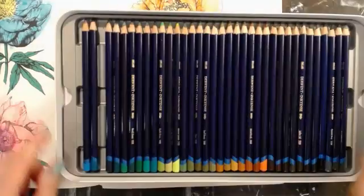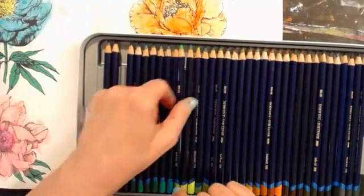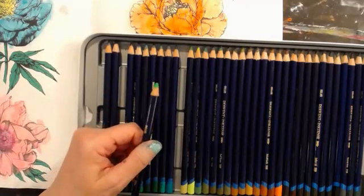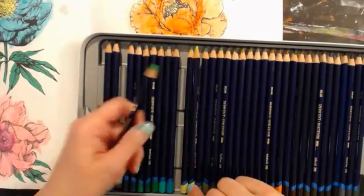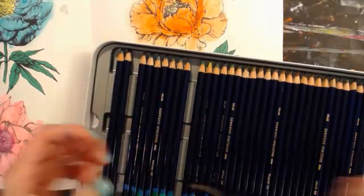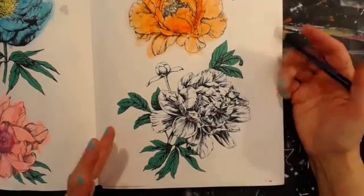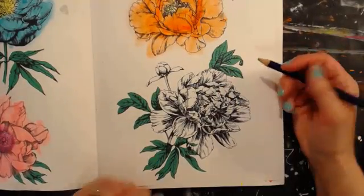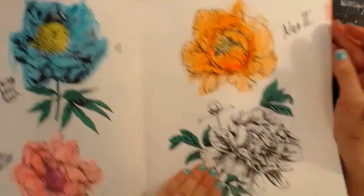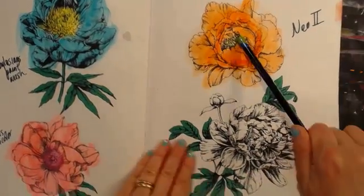All right, I think I'm going to go with a nice bright green. Let's do some green. This is turquoise. Let's just try this one, and that one's too light. Just kind of like a grass green, because I want these vibrant and bright for the purpose of going in the art journal. Now, remember, if you use these in your art journal, all right, the watercolor ones, the